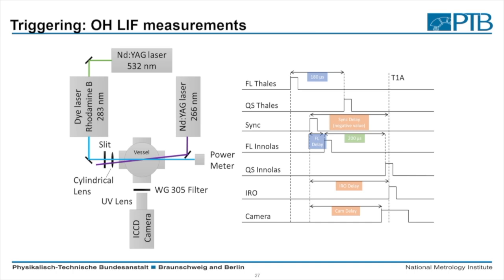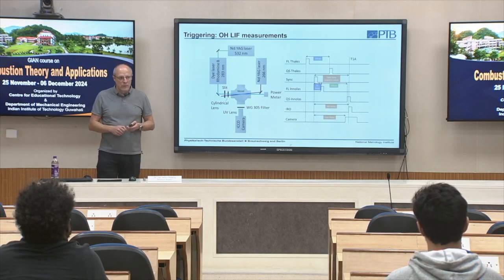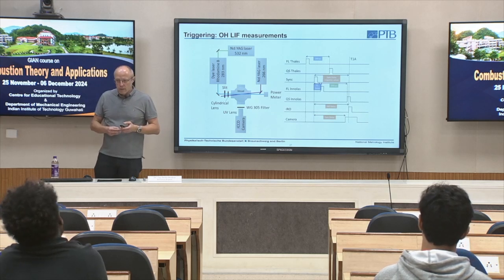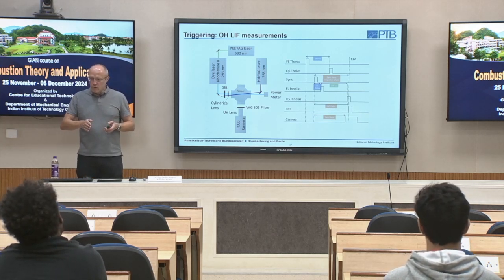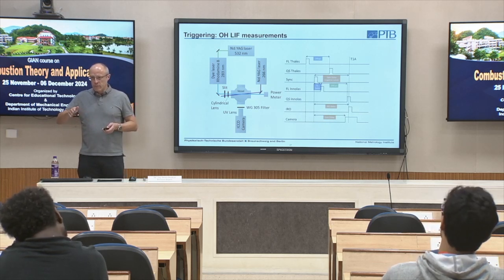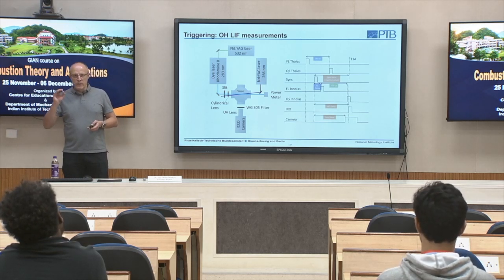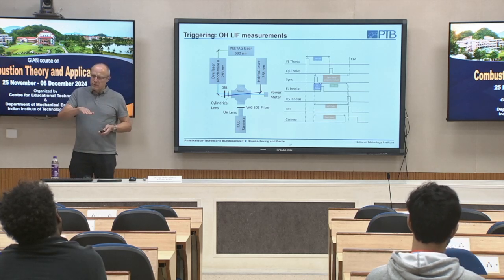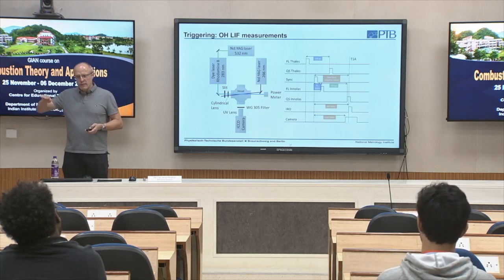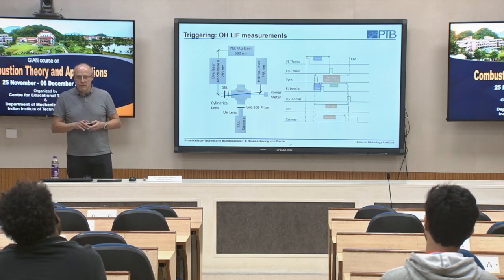So why do we need to do this? The experimental setup is just slow, so we charge our capacitor and then we slowly raise our voltage. And at a specific time we reach the breakthrough voltage and the electrical spark will occur. And due to the fact that this rise in voltage is quite slow, this has nearly no influence on the breakthrough discharge.